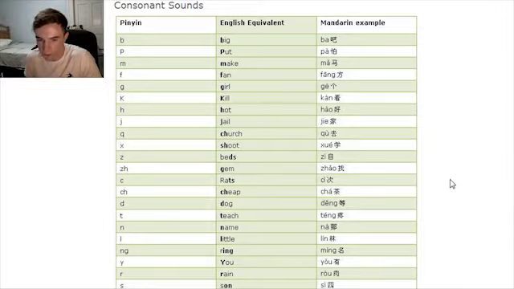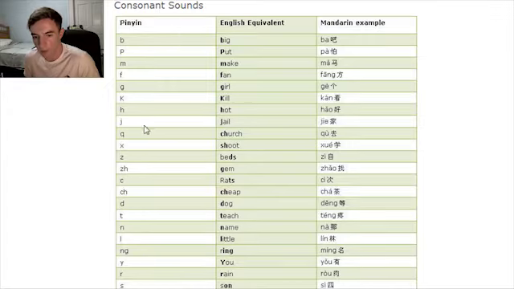Okay, so I would go to the vowels, but I think the consonants are best to look at first in this case. So we're going to just go right down the list, just for time's sake. I just wanted to speed this up, so I'm just going to read this off, and hopefully you guys can follow along. So B is B, P is P, M is M, F is F, G is G, K, K,